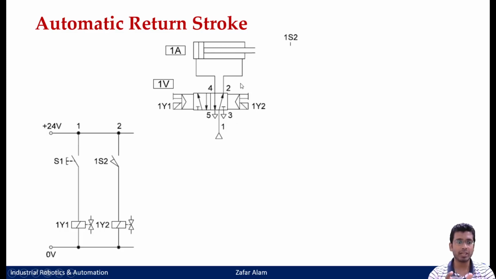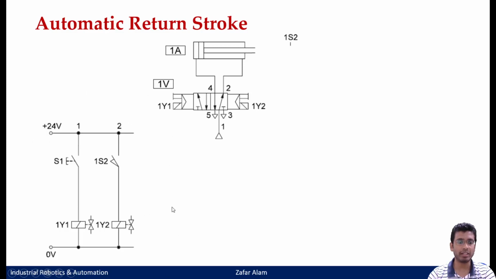Fine. And this would happen only once. It would not continue. Why? Because this is a push button here. Once you had pressed it, it was only momentarily switched on. Then 1Y1 was engaged. The moment it went to the extended position, your 1Y2 got engaged, and it returned back. Fine. But then again, this circuit is your